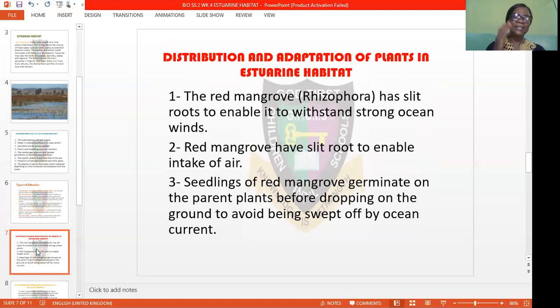How are plants and animals distributed in estuarine habitats? That is, how do they adapt? The plants in estuarine habitats, how do they adapt to the environment? Number 1, the red mangrove, which is known as Rhizophora, has stilt roots to enable it to withstand strong ocean wind. That is, the red mangrove plants in estuarine habitats have stilt roots which enable them to withstand strong ocean wind